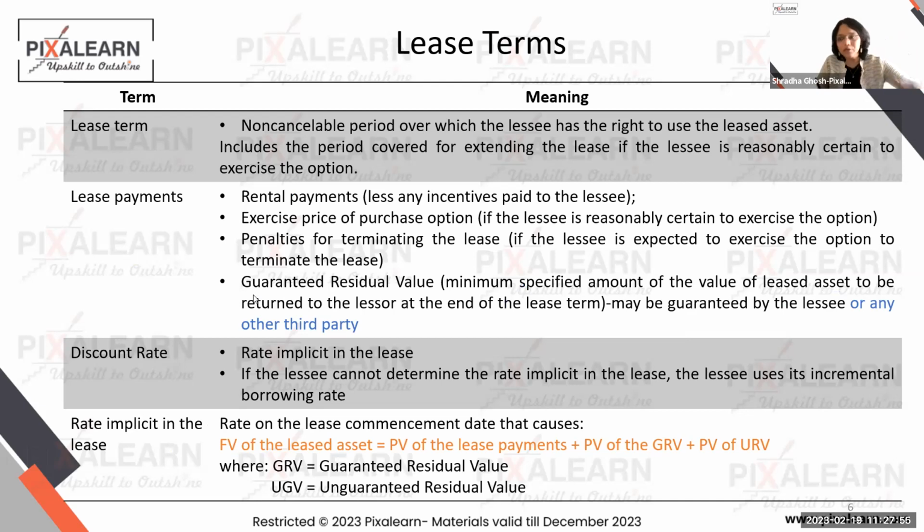What's a lease term? What is a lease payment? So lease payment is the sum of everything that the lessor is going to get from the lessee. Discount rate is either the rate which is implicit in the lease, a rate at which the PV of the outflows becomes equal to the PV of the inflows, or if it is not given to you, you will take the lessee's incremental borrowing rate. Now, what do you mean by incremental borrowing rate? In case Anirban had to finance this car by taking a loan, what would be the rate that he would pay for that loan? That becomes his incremental borrowing rate for taking that Tesla car.